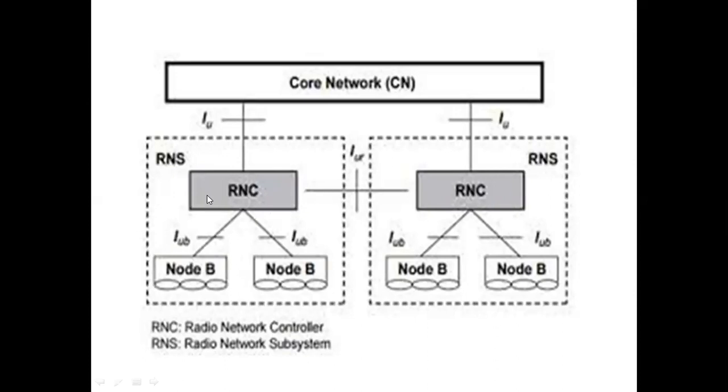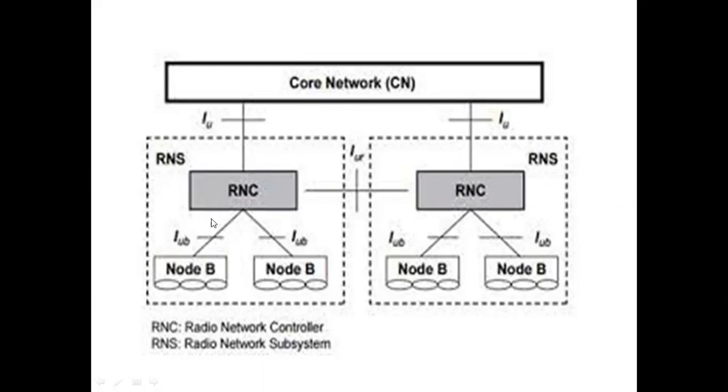So mainly the UMTS consists of two elements. One is UE, another one is UTRAN. UE means mobile phone. UTRAN is the combination of base stations and base station controllers. That means UTRAN can also be called RNS. In RNS we have two types of entities: base stations and radio network controllers, or base station controllers. We have three types of interfaces here in order to connect these systems.